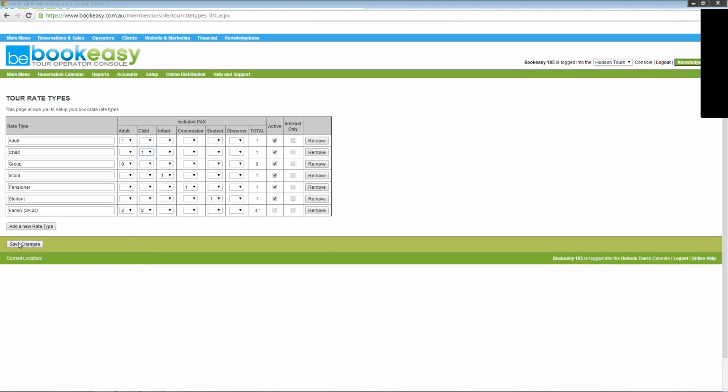You can see how we'll set rates and availability next. So if we activate, you can also make them internal only, so only if internal bookings are made. So if we save now,